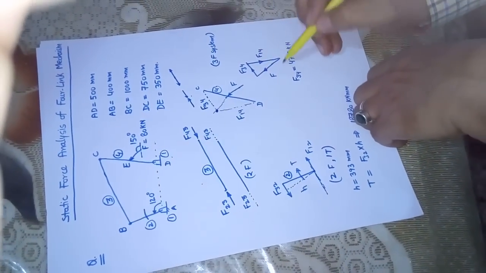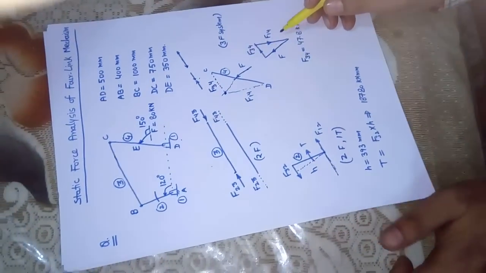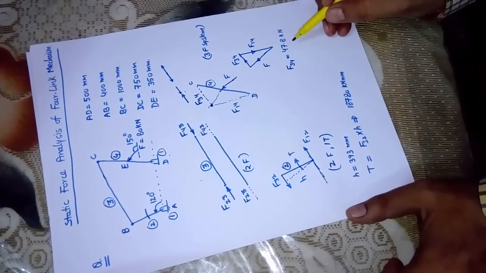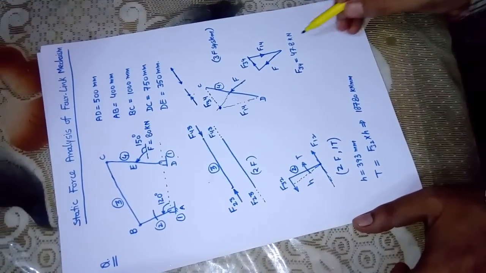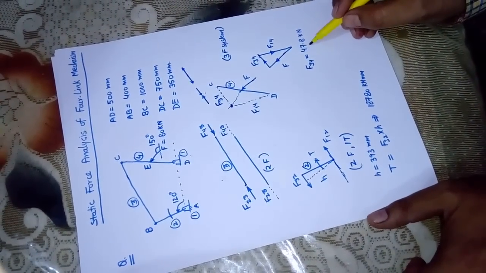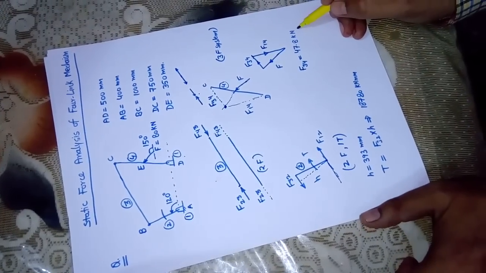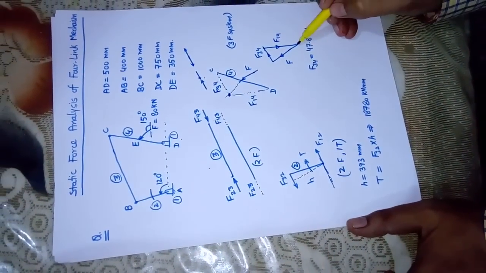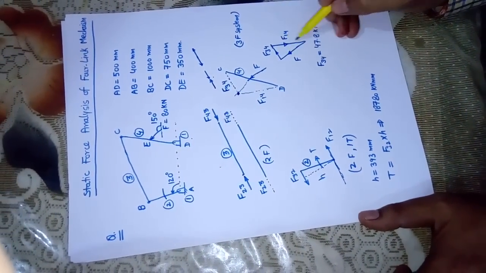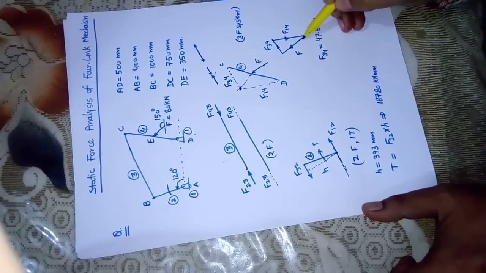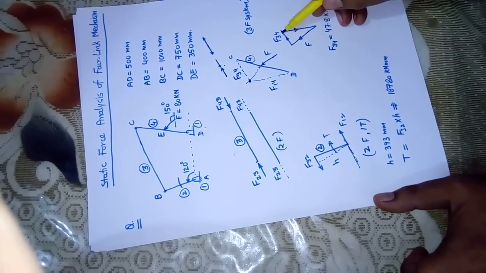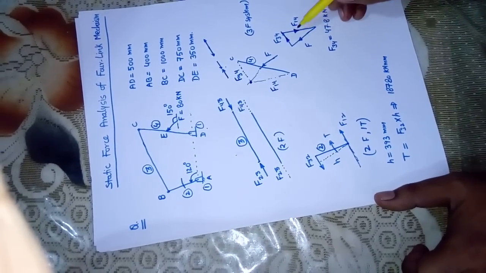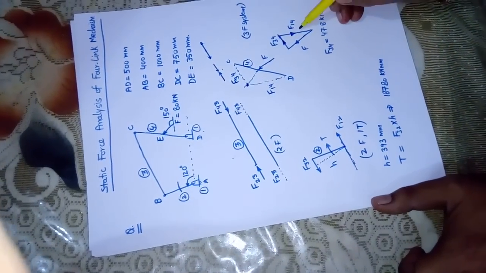Now by completing this triangle and measuring the dimensions, we can determine the value of this side, which converted by scale is approximately 47.8 kilonewton. Now I can close the triangle. How to make this arrowhead? One force is acting like this, and this should be a closed triangle. So in the same direction of the arrow, I have made an arrow like this, then an arrow like this. This will give me the direction of F34 as well as F14.